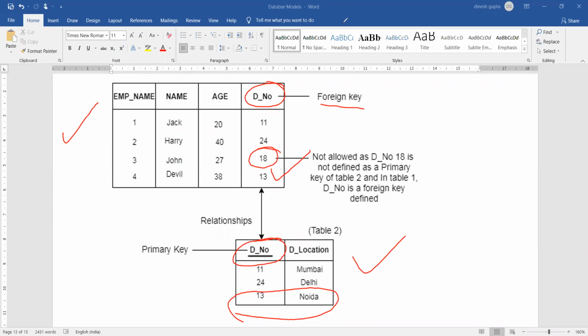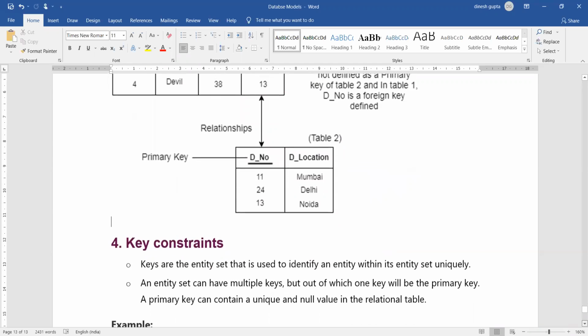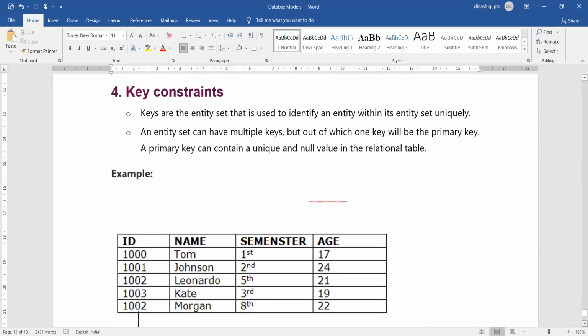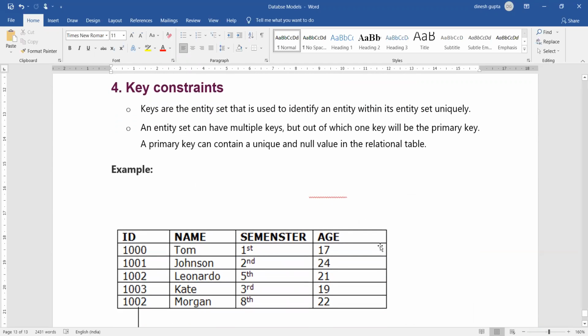बिफोर रिमूविंग द एंट्री ऑफ 13 इन टेबल नंबर 2 यू हैव टू रिमूव दिस एंट्री। पहले आप इसको रिमूव करेंगे, फिर आप नीचे वाली एंट्री को रिमूव करेंगे, then it will not be a violation of the referential integrity clause. So that is it. Three of the constraints that we have discussed so far. The last one is a very basic key constraint.